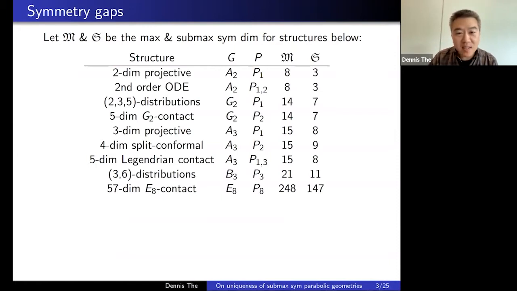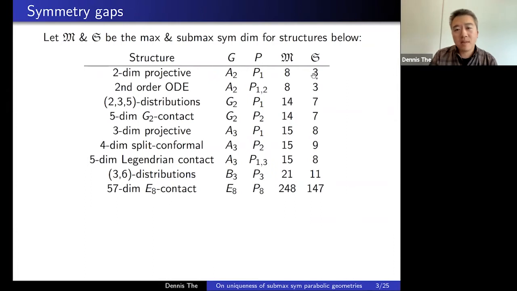Some of them very classical. So this second order ODE, two-dimensional projective, 235. This goes back over 100 years, right? This goes back to work of Tresse at the end of the 19th century. Cartan here for 235, 1910. In each case, I've given the maximum symmetry dimension, and you can see that there's a substantial gap